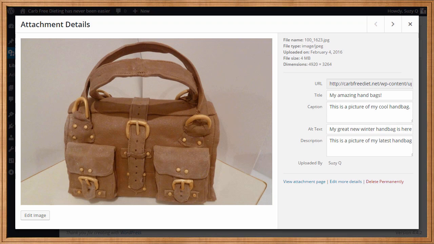So at least typing some text here is better than typing nothing. But let's take a moment now and actually explain exactly what all this information means and exactly how to prepare and SEO optimize images in WordPress. If you can understand the next few minutes, then you're well on your way to nurturing a much deeper understanding of WordPress SEO. And this is important because adding images to a post is probably the most commonly used WordPress